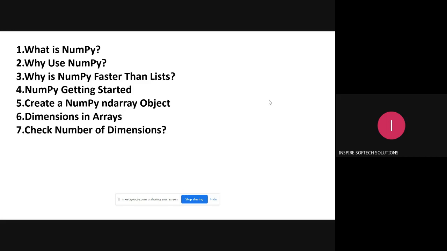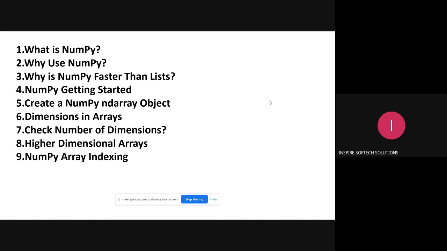Check the number of dimensions you have. Suppose if you have a 1D, 2D, I can count. If you have one bracket, it's going to be 1D. If you have a two-dimensional, then two brackets. Like this, I'm giving 1,000 brackets. So how can we count manually? Not possible. So how to figure out or how to check the number of dimensions we have in the given array? What is the higher dimension array? What is the maximum array we can keep? Okay, so based on the indexing, how to perform.